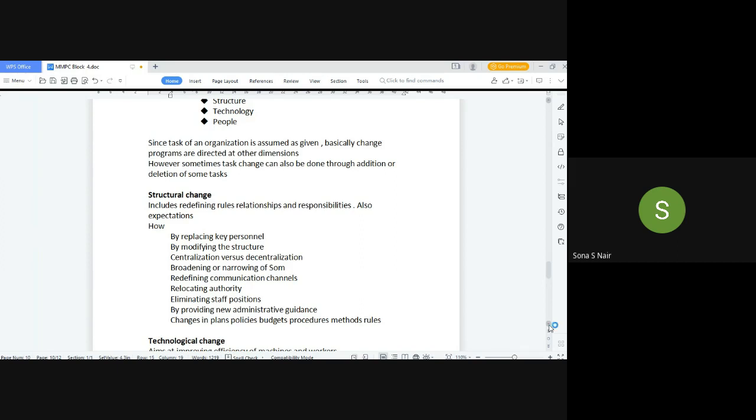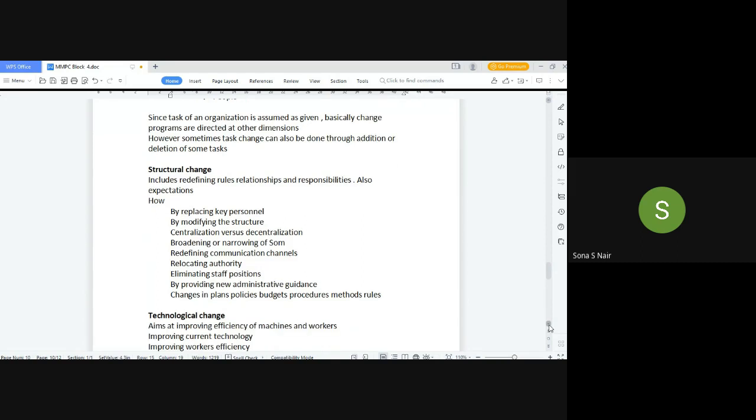Okay. Structural change can also happen through new administrative guidance, in the sense of new policies, new procedures, which would be more effective, right? Okay, the second